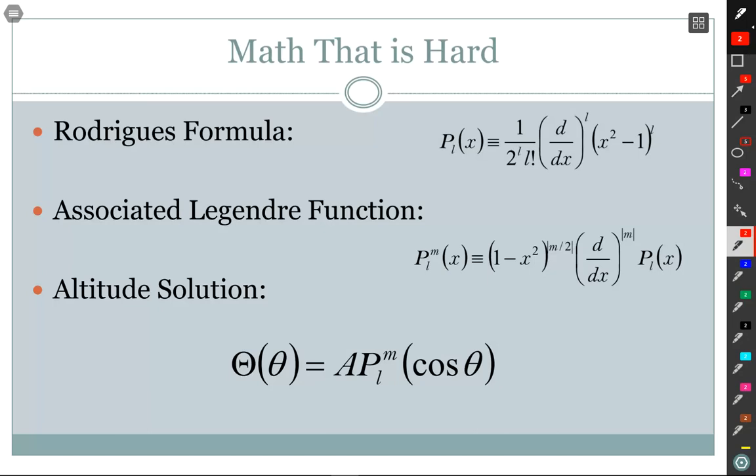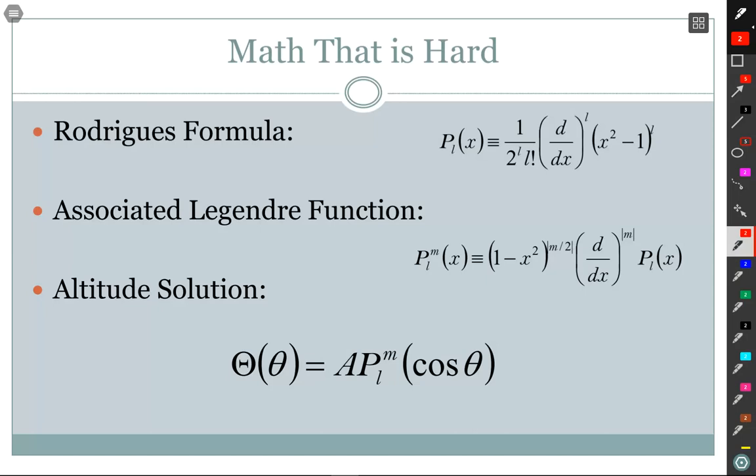And of course, the 1 over 2^L L factorial is something that's just going to give us glee and joy as we go through life. Now, the associated Legendre function, and Legendre, French names, we learn to pronounce them. Now, notice it has L and M. So P subscript L superscript M